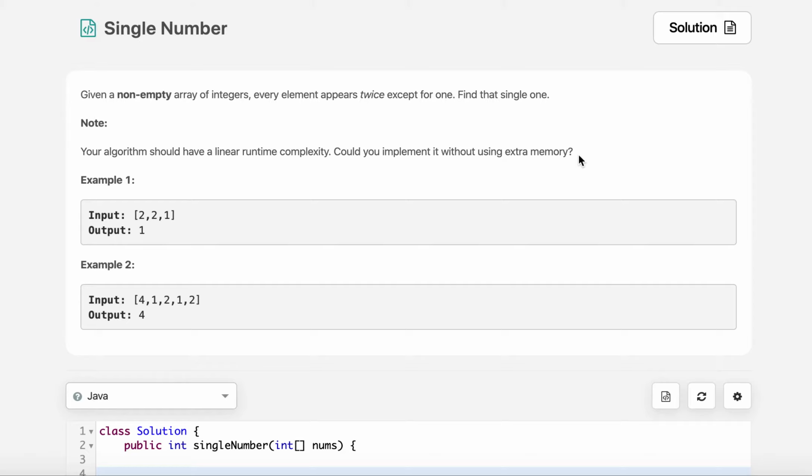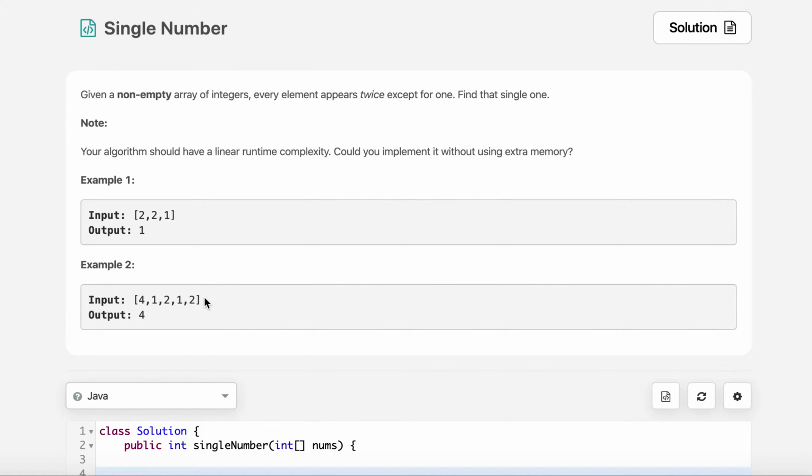So for such types of questions, an approach which comes in handy is using the XOR operator. XOR has a special property where if we XOR any number which is appearing an even number of times, it just nullifies it and gives us 0. So 2 XOR 2 would give us 0, and then 0 XOR 1 would give us 1.